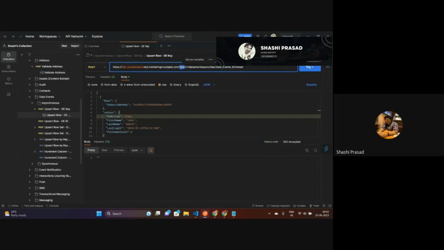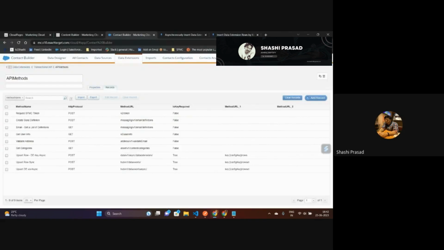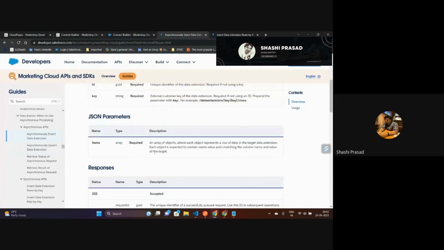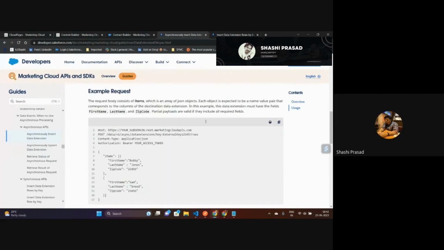Okay, so since it's going via hub, we have key and values. That's how the payload has to be defined. Okay, but here I don't see the other one, so I went here. Okay, so awesome, asynchronous, and if I'm going via data extensions, okay, if you see here, we are going via